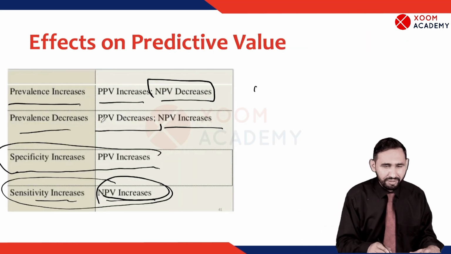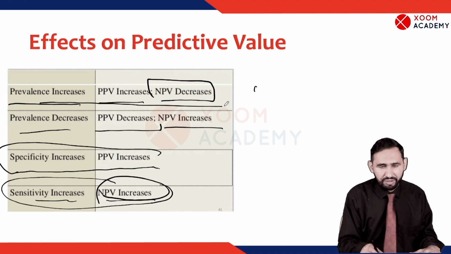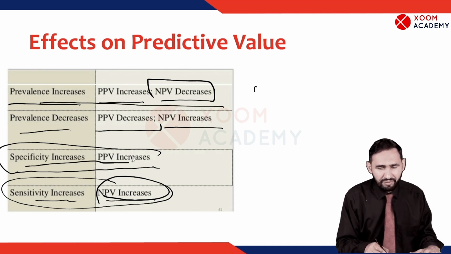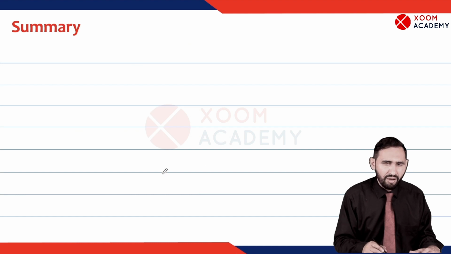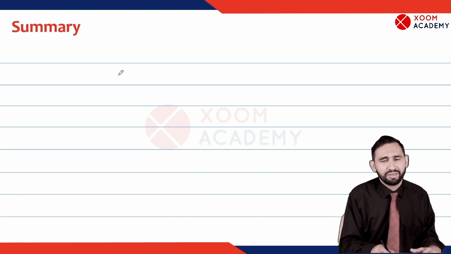Plus, you have to remember these things: if prevalence increases, positive predictive value increases; if specificity increases, positive predictive value increases; if sensitivity increases, negative predictive value increases. These can be MCQ questions. Now, we will summarize the session. What we have discussed,